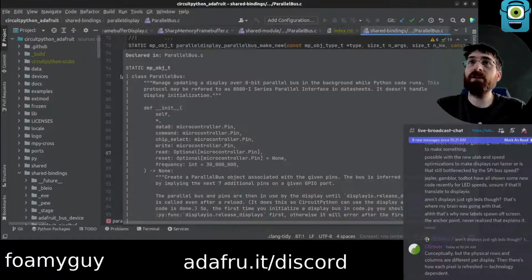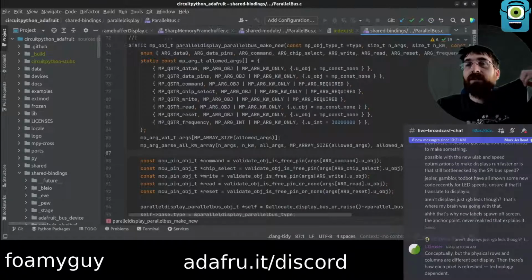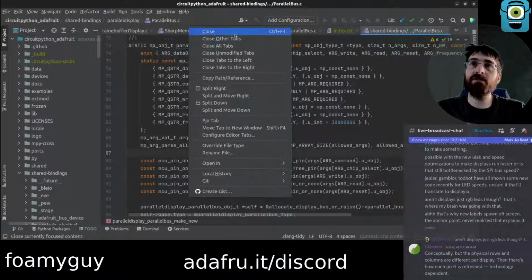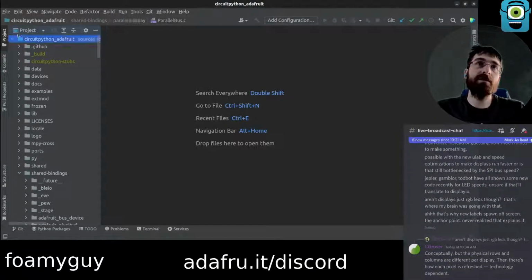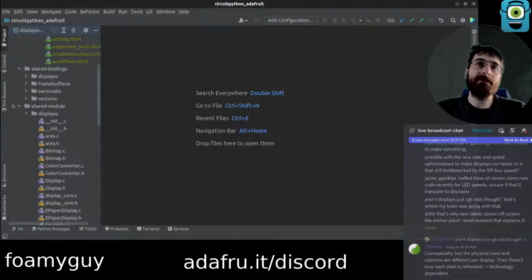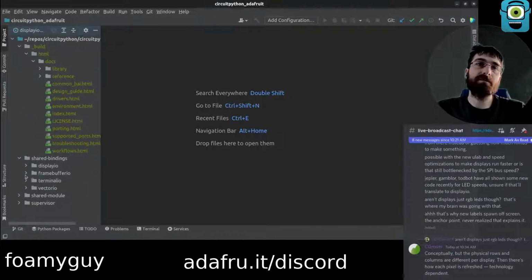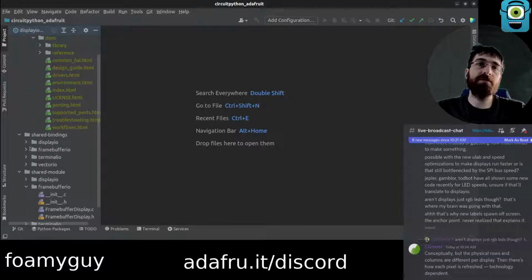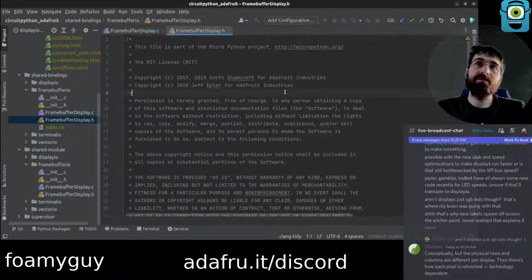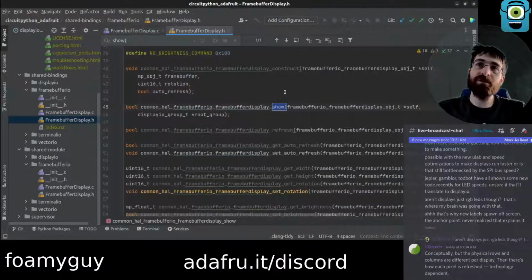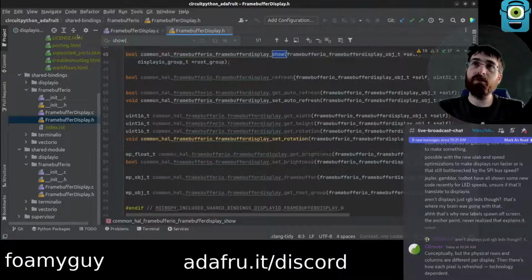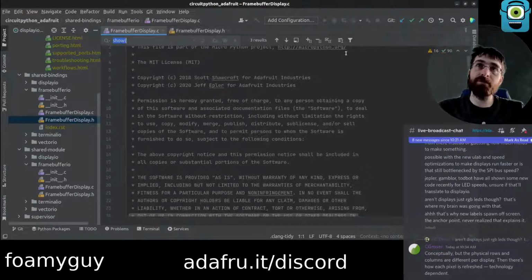I think I'm going to close off a bunch of stuff. I have a lot of things open. Some of it I'm probably going to want to copy, but I think I'm going to start fresh and just close everything for now. I will go to my scope of this. So we're looking at frame buffer here. Pretty much anywhere there currently is a thing that says show, we're probably going to want to add a thing that says set root group.